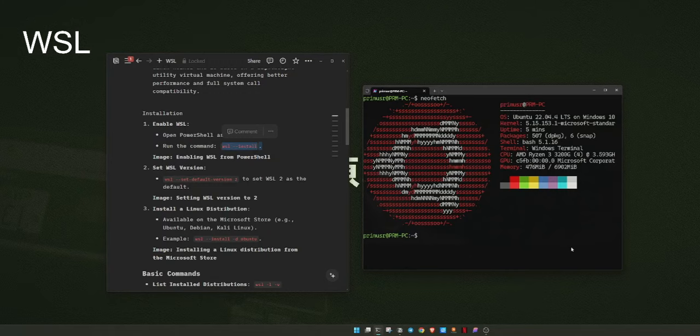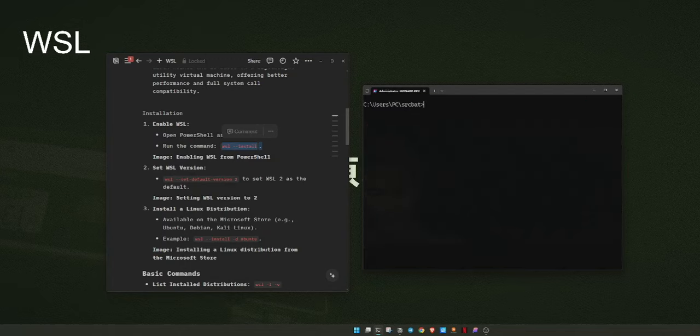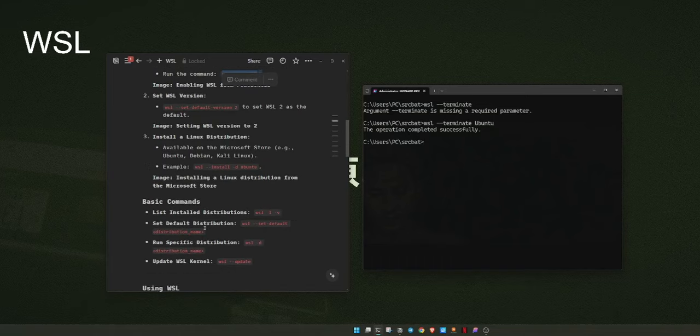So to exit Ubuntu, all you have to do is to type exit, okay? And then you're back to the normal command prompt. So you could also issue the command wsl --terminate to make sure that it's not running in the background. You have to specify the distribution. Okay. So other commands, ito yung mga basic commands natin.